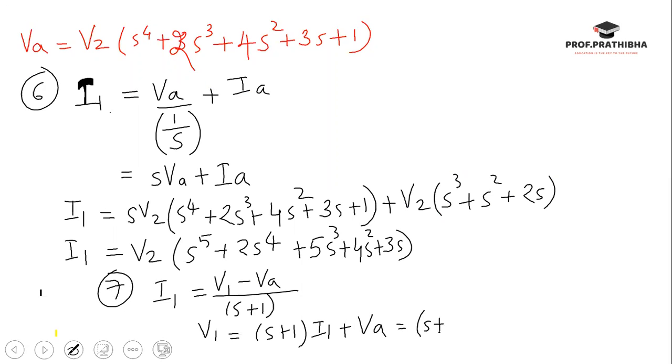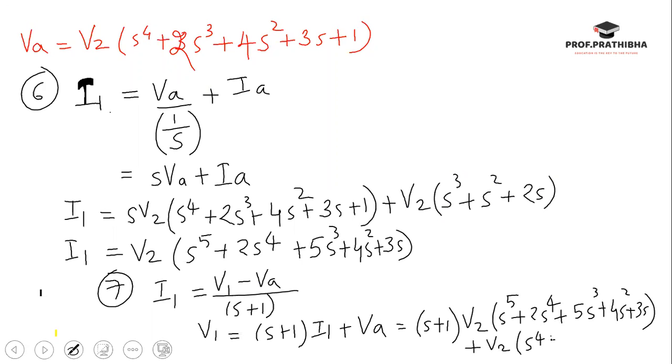This is S plus 1 and I1 is just above your head, that is V2 times of S raised to 5 plus 2S raised to 4 plus 5S cube plus 4S square plus 3S plus what is my VA? Now my VA is again just above, S raised to 4 plus 2S cube plus 4S square plus 3S